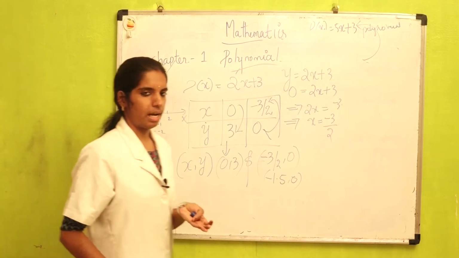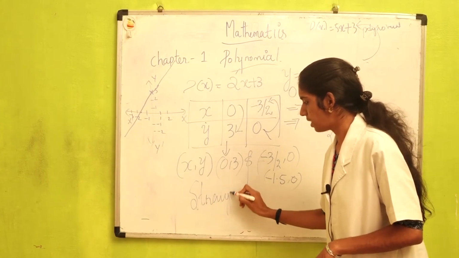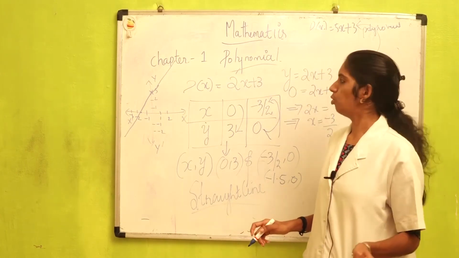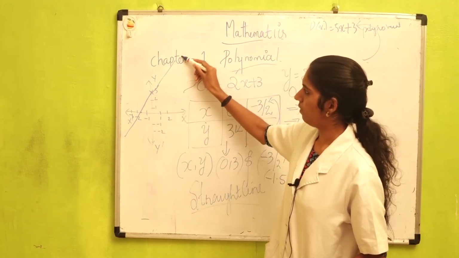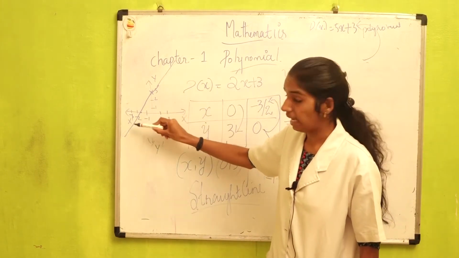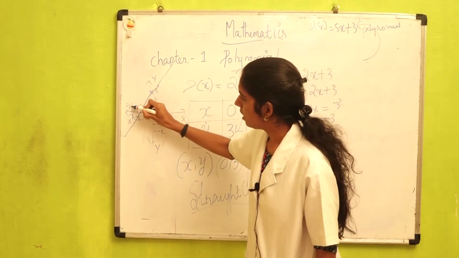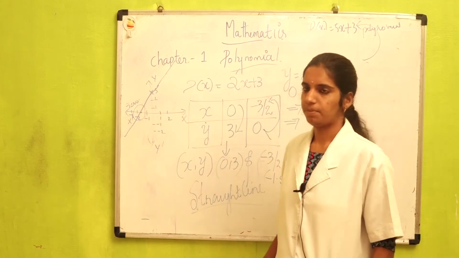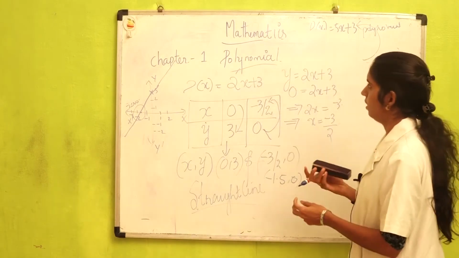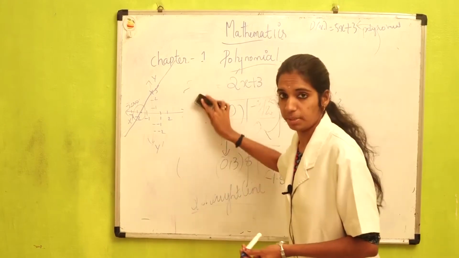So when we draw the graph of a linear polynomial, we always get a straight line. When we draw the graph of any linear polynomial, the corresponding graph is always a straight line. And this point, here the line meets the x-axis, is actually the 0 of the given polynomial. Can I move on to the next section? So this is actually the 0 of the polynomial.